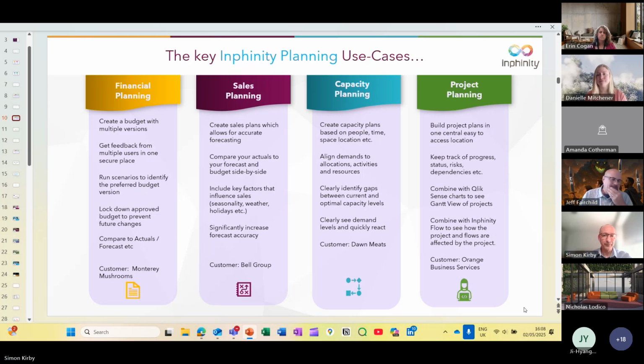Interestingly, I went to an event a couple of weeks ago. For those of you interested in golf, one of the UK's top golf courses is called the Belfry. I was privileged to be there, speaking to a group of customers. I started with the question: raise your hands if you've done a plan in the last day, or the last few days, or the last week. And I took a picture of the plan I produced on the Saturday before, which was a meal plan. We produce a meal plan every week, right?